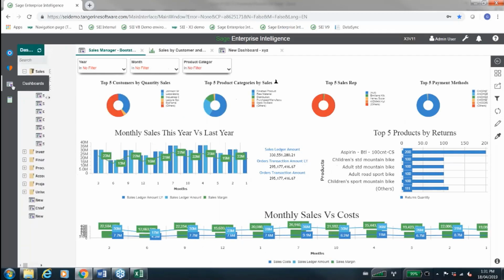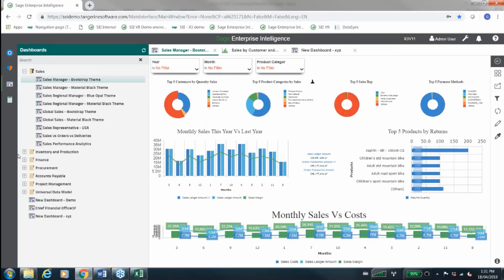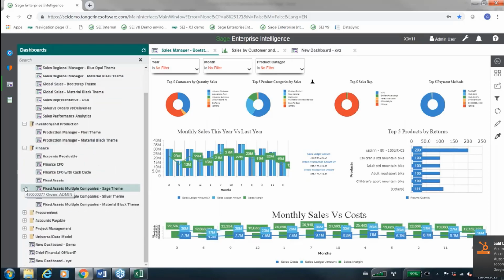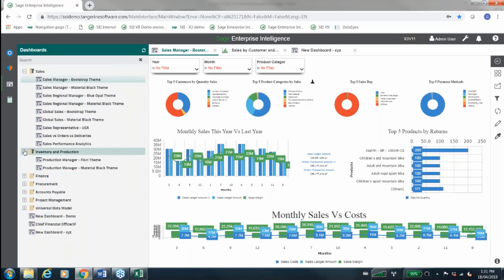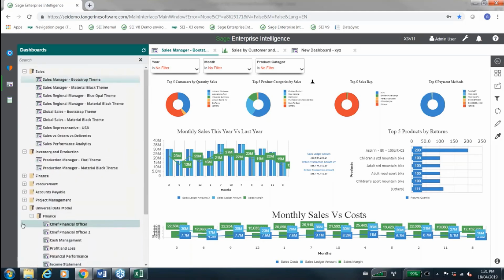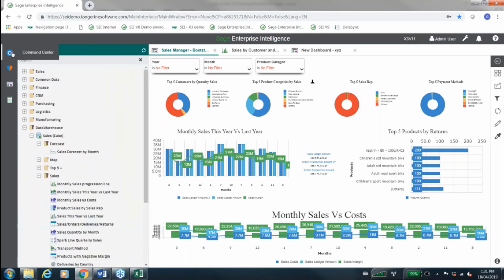Now, with the dashboards, we do have a lot that come out of the box across the board, across the EMS, in terms of your financials, your CFOs, accounts receivables. But again, if you want to be able to customize that, I just did that in a couple of seconds, and it really is simple and easy. What I'm going to do now is jump into